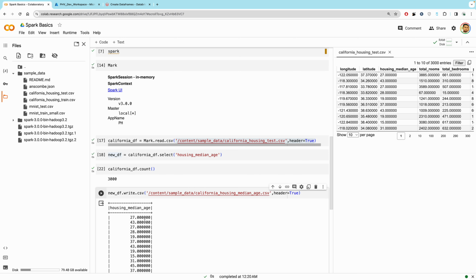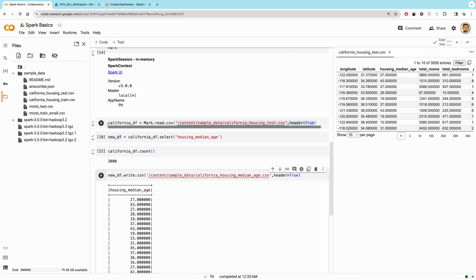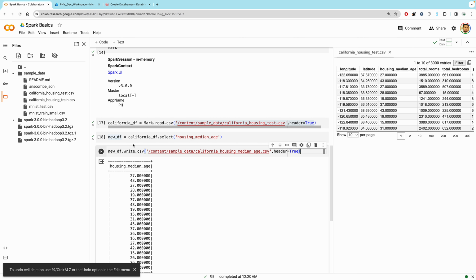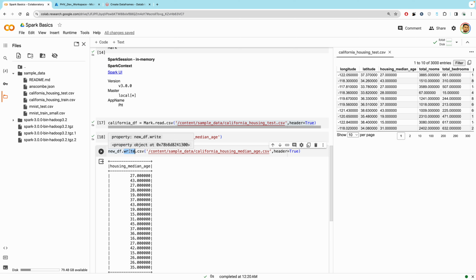Now, if I execute this command, what happens is that whatever the transformations that were given, okay, ignore this. This is an action that is going to print the output of the count of records. So let's delete this. But if you take these three commands, whatever transformations are applied so far to this particular data frame, all those will be executed at once. So when we are calling the write method, basically we are calling an action. So write is related to the category of actions. Okay, now if you execute this,